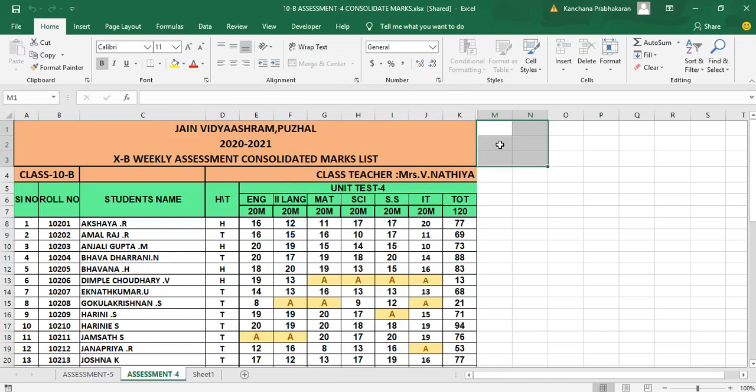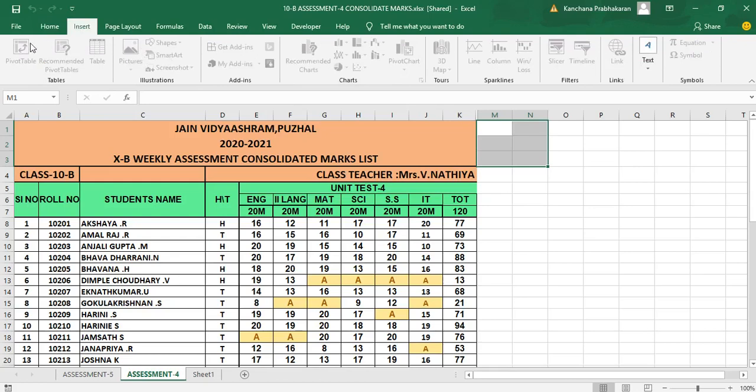The other option is conditional formatting. I can't do conditional formatting. See here, my conditional formatting option is disabled since I have shared this workbook. The other option is inserting pictures, which I can't do either. All these options are disabled. So when I share my workbook, most of these features are disabled for other users: merging cells, conditional formatting, or inserting pictures and graphs. These cannot be allowed in a shared workbook.